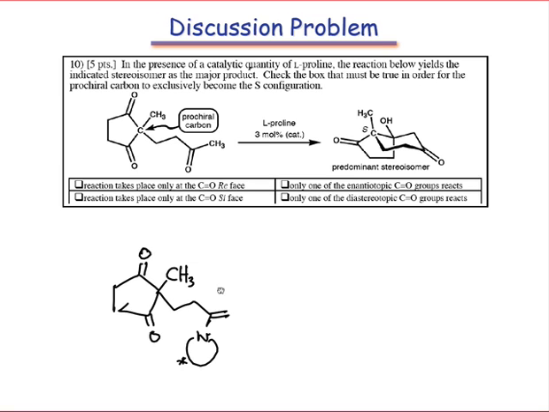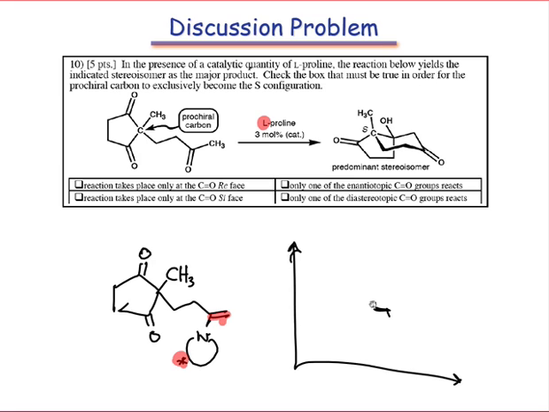So in this example, essentially what happens is a nucleophilic enamine is generated from proline and the starting material, and proline possesses a chiral center. As a result, we've rendered this intermediate of the reaction chiral. And because we're using only L-proline, we have only a single enantiomer of this chiral intermediate present in the reaction mixture. Let's represent this intermediate on the reaction coordinate diagram, not worrying about anything that happens prior to the formation of this intermediate. And I'll draw it in the center of the diagram so we can compare the energetics of